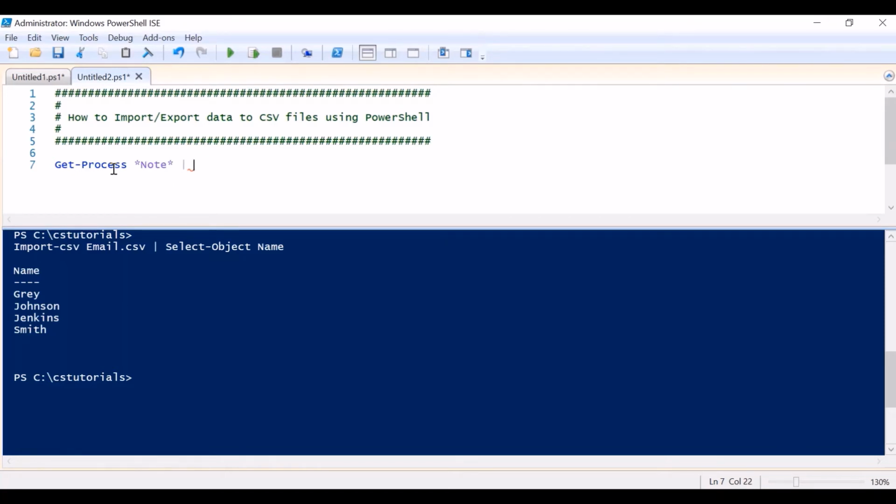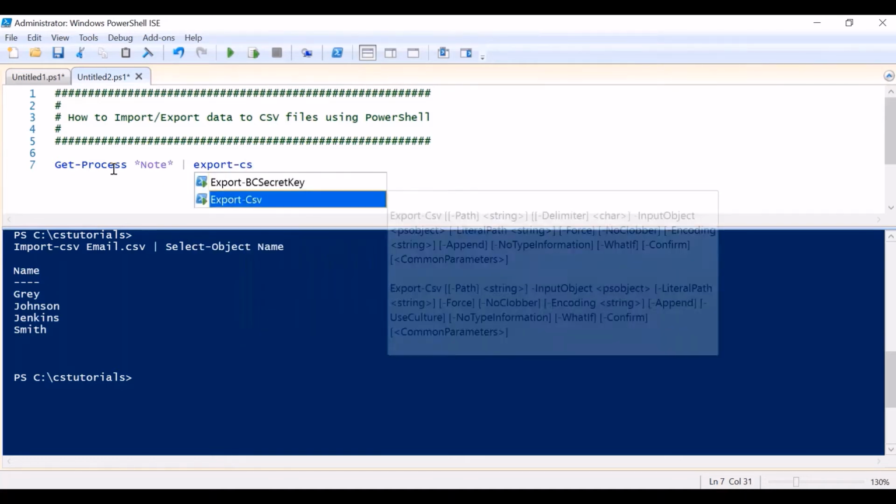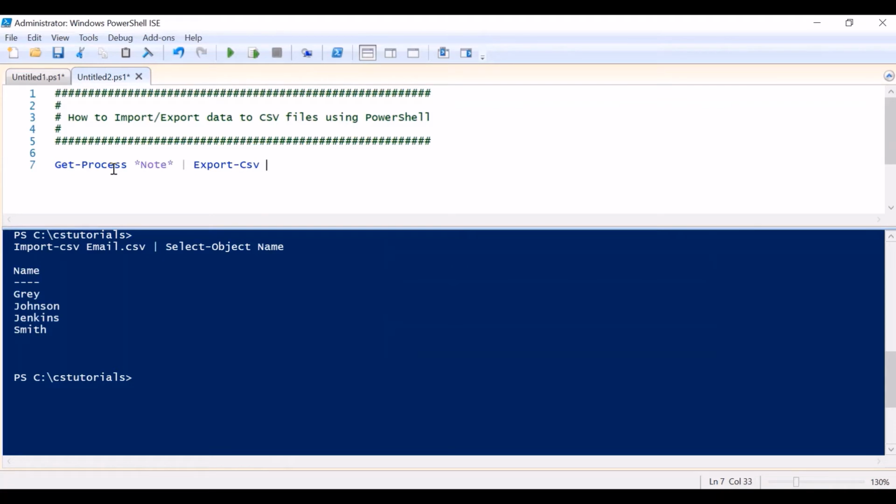After that, I'll export the output of Get-Process to one CSV file. I'll provide the file name where I want to store the output of Get-Process. Let's execute this command.